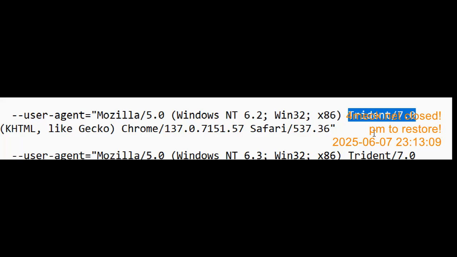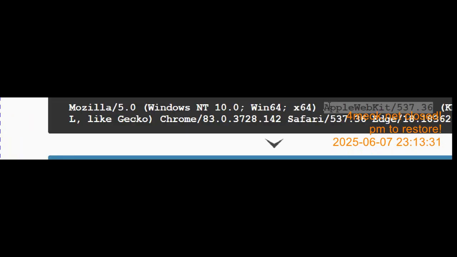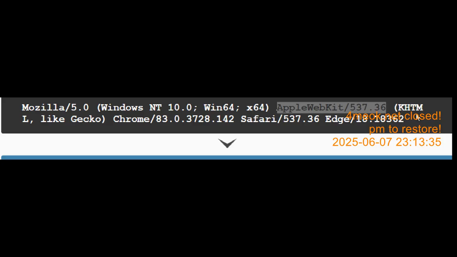So in this case you need to change this one to the general one with the Apple WebKit name. It asked for this one. So as you see, before HTML like gecko, in the place of Trident we have Apple WebKit